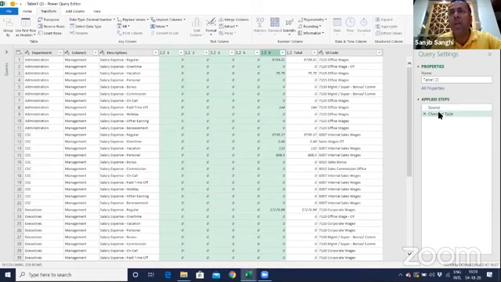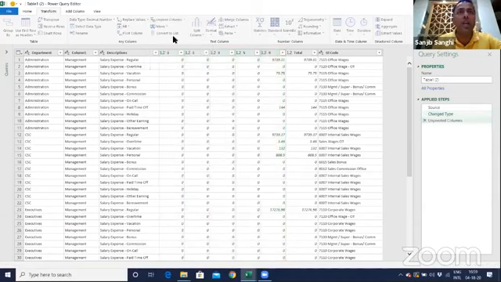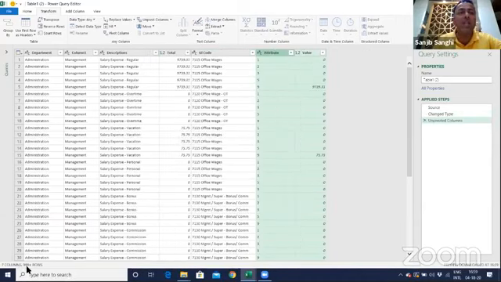If you see over here, whatever I do, it comes as a step over here. And instead of using Control Z, I can always go back and change this. I'll show you more in the next case study. But right now, I want to unpivot all of this. All I need to do is that I just select all this and I hit unpivot column. Please watch the magic. If I hit unpivot column over here, which is under transform, I go and unpivot this and hit this button. At a click of a second, it has converted 999 plus rows, which means it has come back to 1300 rows for me. Now it has classified into 1, 2, 3, 4 location. I can always go back and change this name to location.